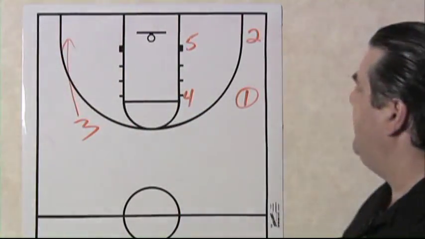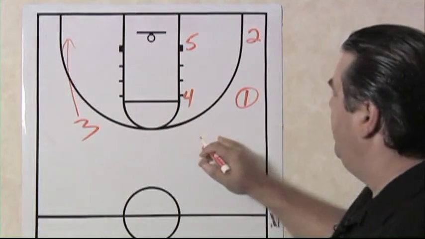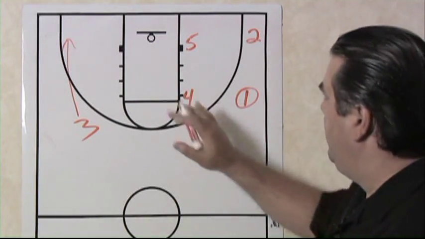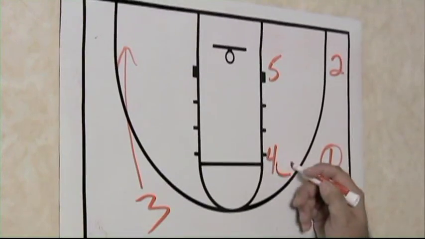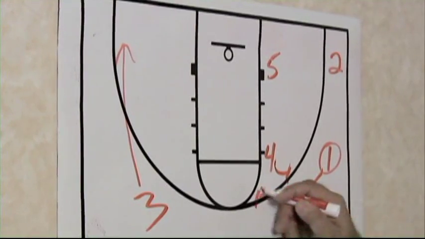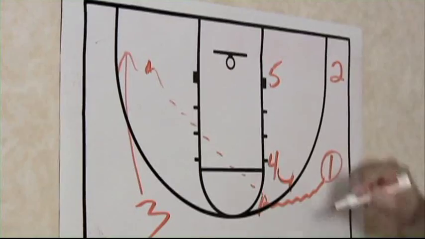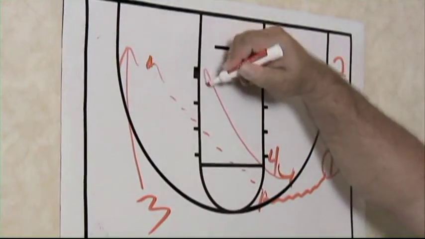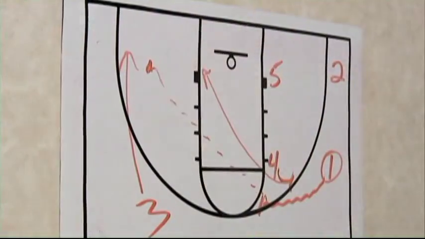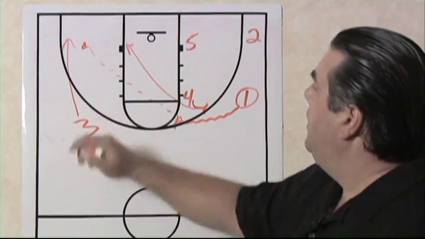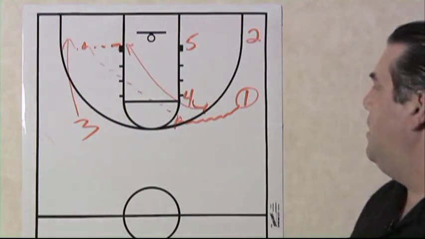We're trying to draw this backside defender. So 1 can skip the ball to 3, as we've shown you already in the previous diagram, or 4 can step out and ball screen for 1, and then we skip the ball to number 3 in the corner. And of course 4 now is rolling back into this low spot. Hopefully 3 has brought out that backside defender, and now 3 can either take the shot or dump it right